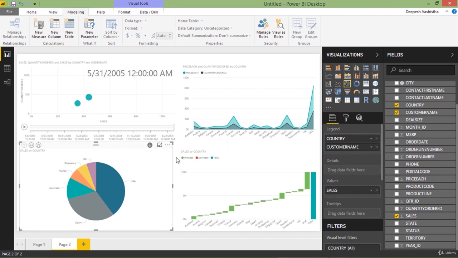So there are these 3 different ways of drilling down. First is this, to go just to the next level; second, to drill down overall together with the total visual, the total number of things which we are having; and the final is to drill down to a particular data point. I hope you have understood this.